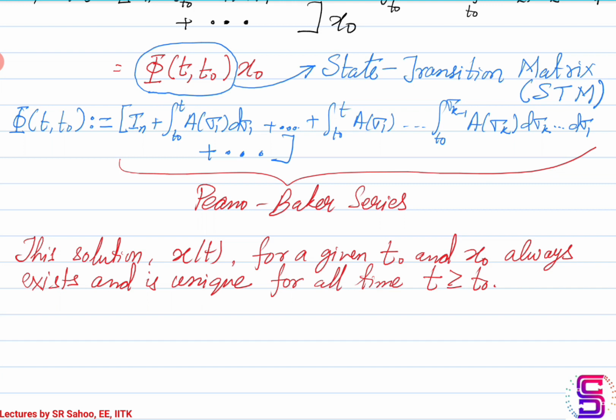So if someone says that my starting time is t0 and my initial condition is x0, how would my system represented by x dot equal to Ax evolve? You will definitely be able to find a solution to this differential equation, and not only that, the solution is also unique, which means there is no other solution other than what you have found that will satisfy the same differential equation for the same initial condition and starting time. So we'll stop here. Thank you.